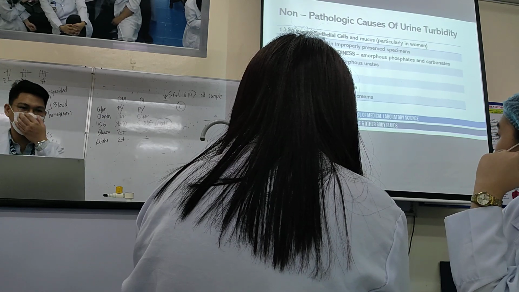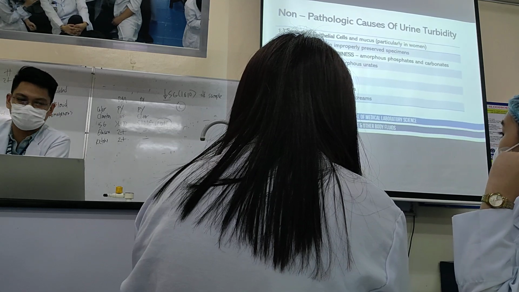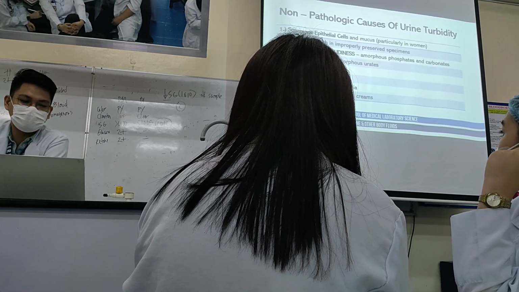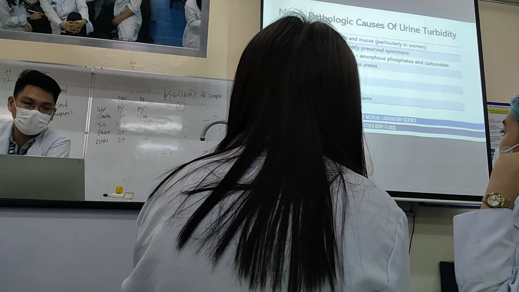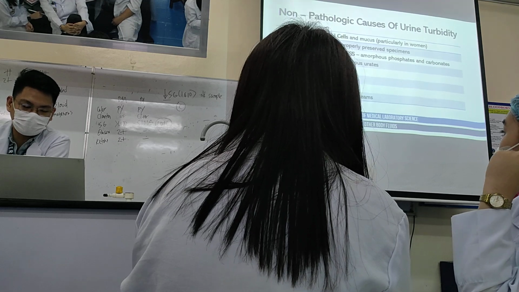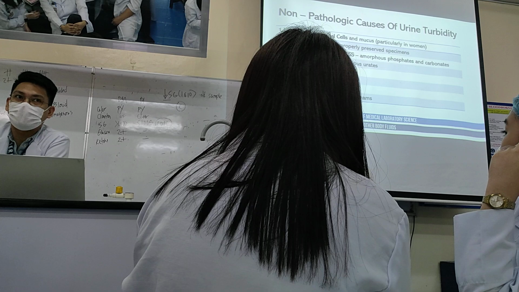Okay. Next one, pink Greek dust. Now, common reason of amorphous urates. We also have semen or spermatozoa. Most common reason din siya. Are you going to report, class, the presence of spermatozoa in the urine sample? Yes or no? Yes, only if